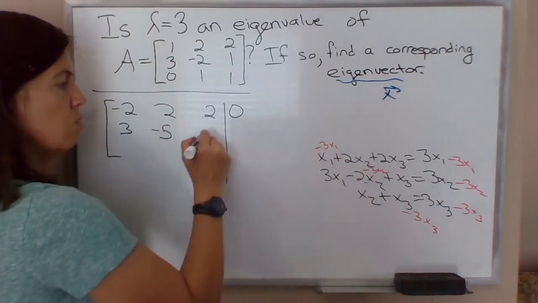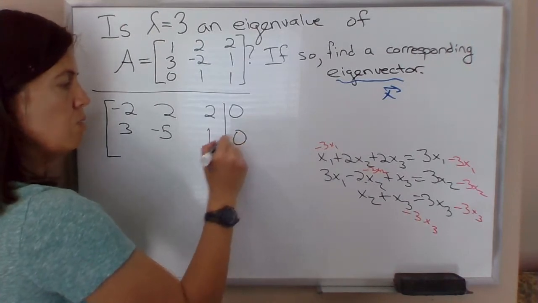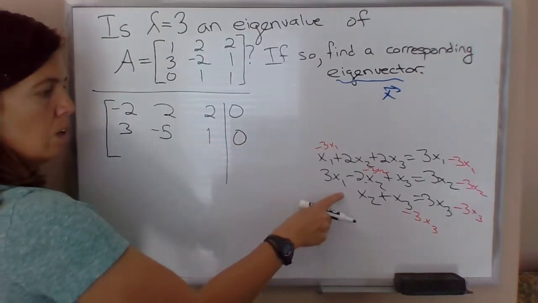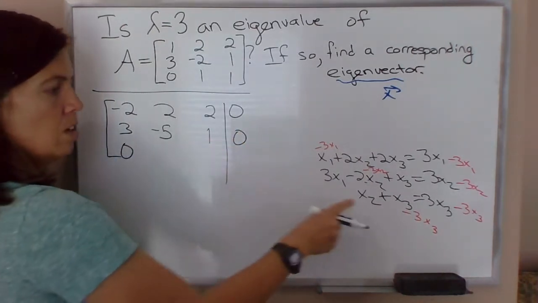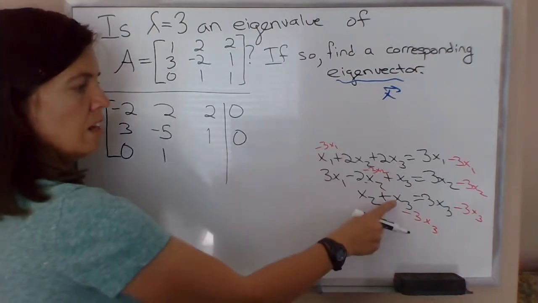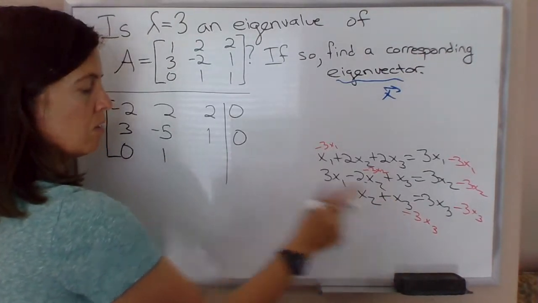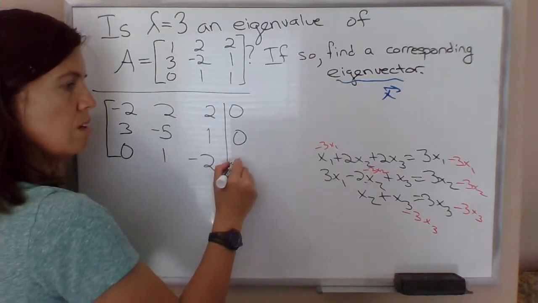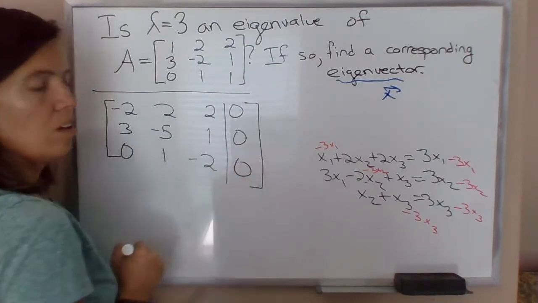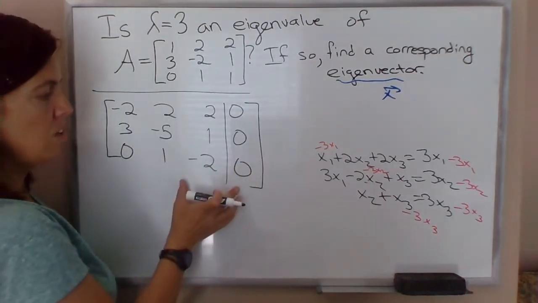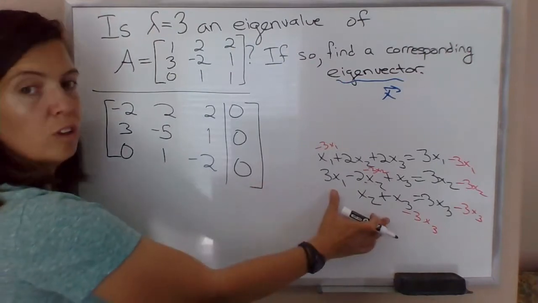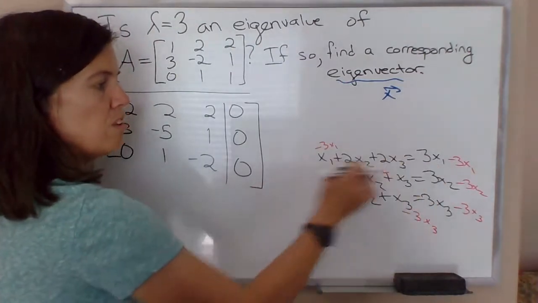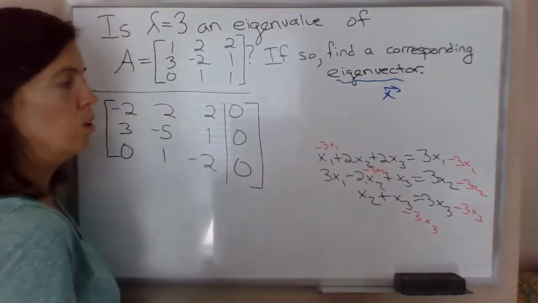And then 1x3, that stayed the same. And now this is equal to 0. Okay, 0x1 here, 1x2, and then for x3, I have x3 minus 3x3, so that's negative 2x3 equals 0. That's my new augmented matrix for the new system of equations when I move these x1, x2, x3s